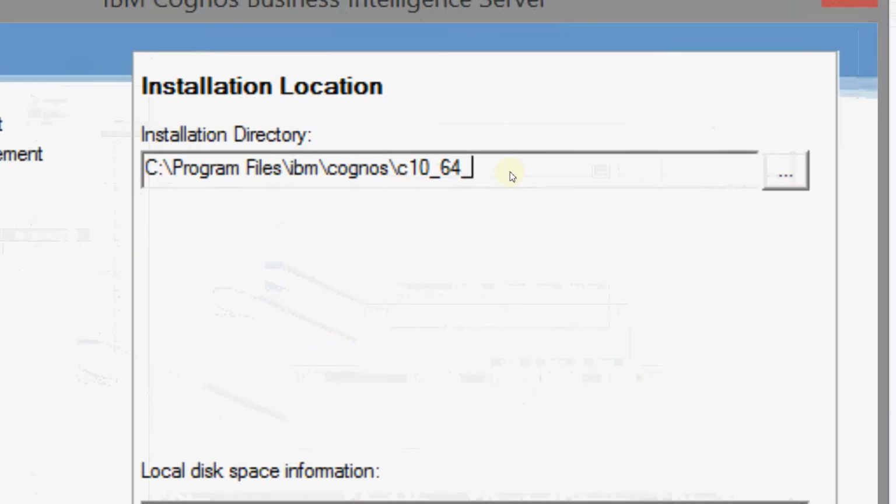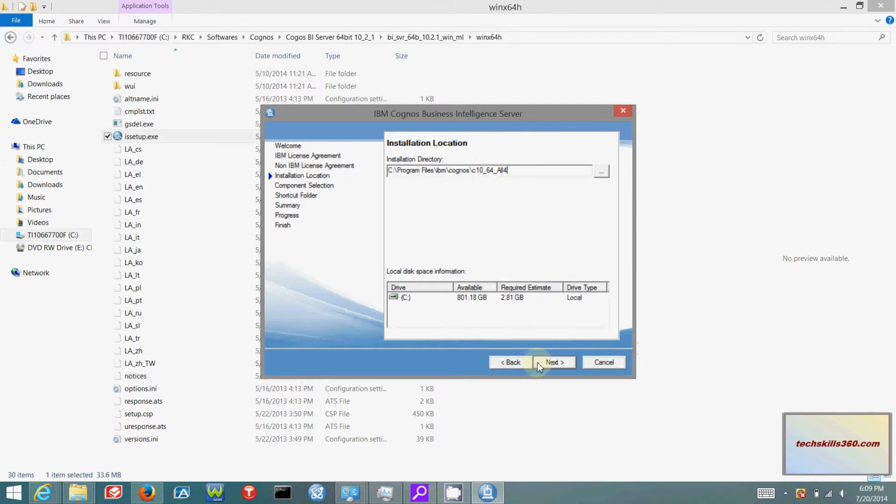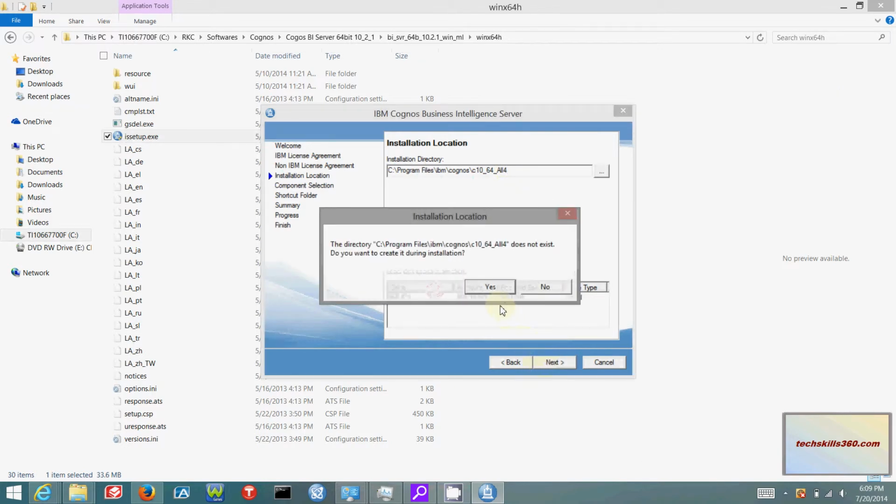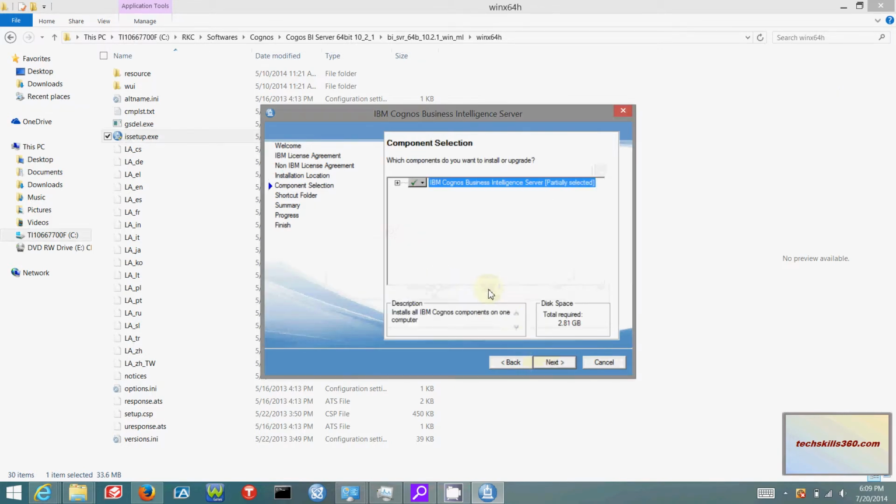C10_64_all4. Cognos is going to prompt me whether I want to create this new folder. I can say yes. Then it's prompting me which components I want to install. Since, as I said before, this is going to be my application tier server,